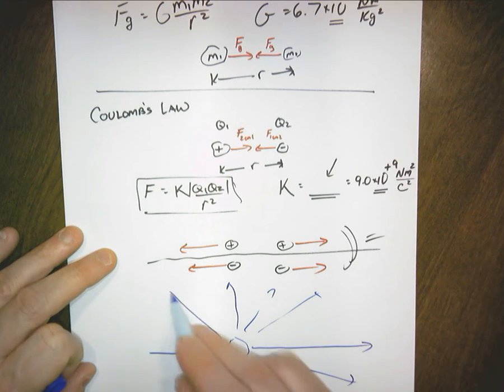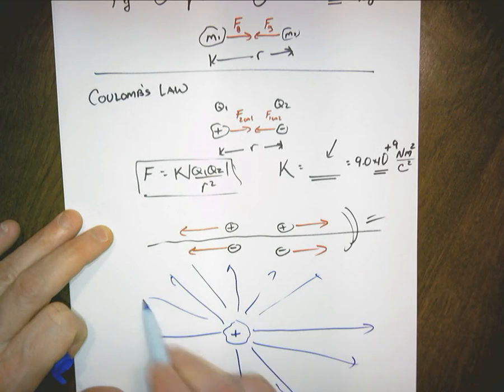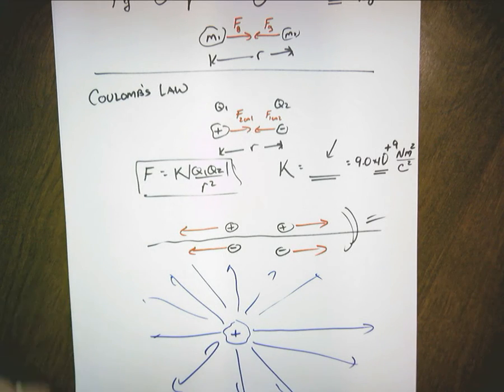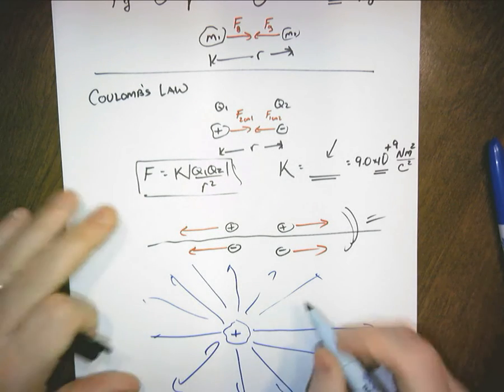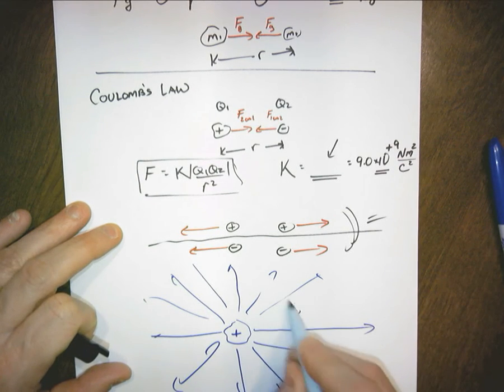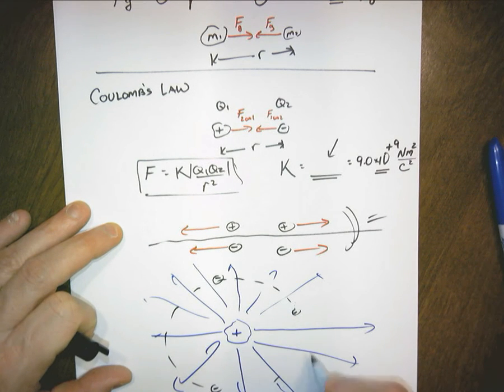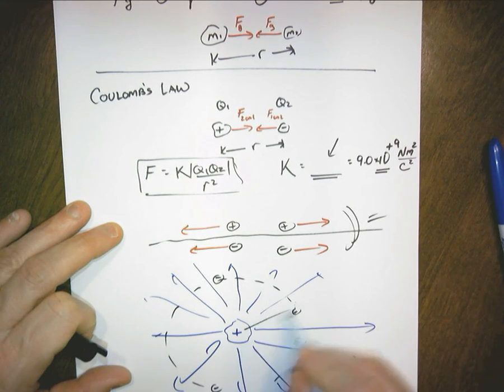We can see 2 of those dimensions because I've got a 2-dimensional piece of paper. Okay? Imagine a negative charge here getting tugged on. But that would see the same tug as a charge here, as a charge here, as a charge anywhere this